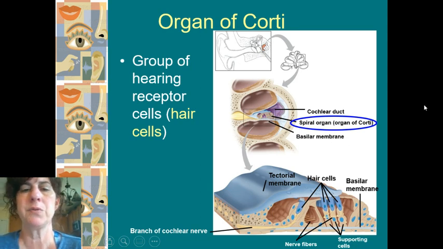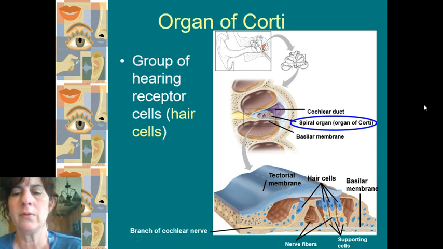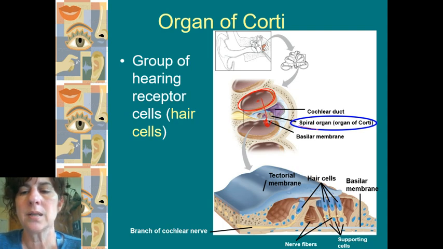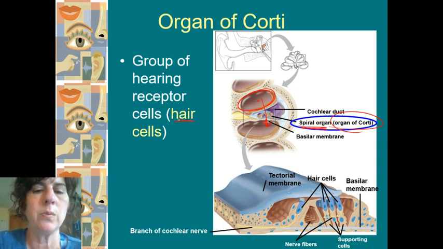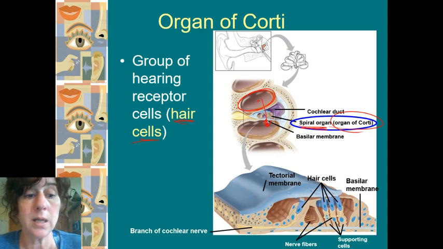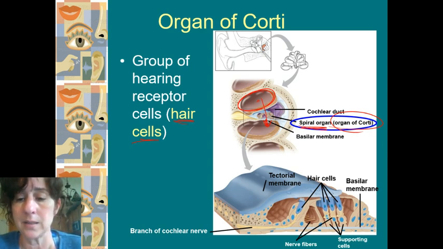And here is what I was referring to earlier, the organ of Corti. So we have the scala vestibuli on top, the sound's coming in here, and it's got to cross over this, also known as the spiral organ, by the way, but the organ of Corti. It's got to cross over that. This is where we see actual receptors. So the receptor cells, once again, are hair cells. These very, very fine little hair-looking cells pick this up.